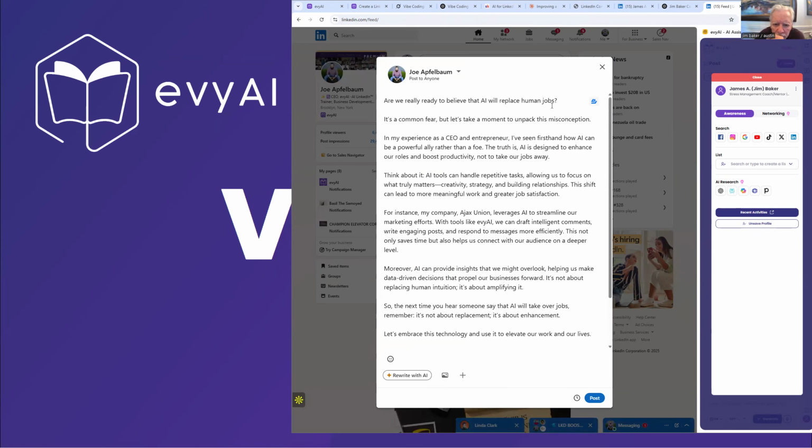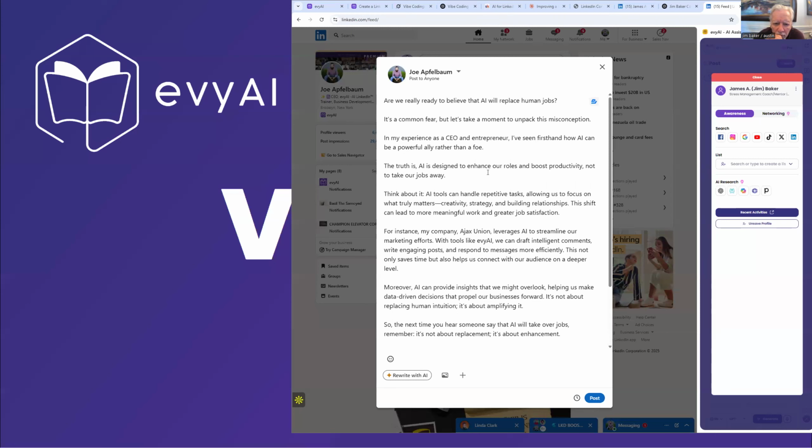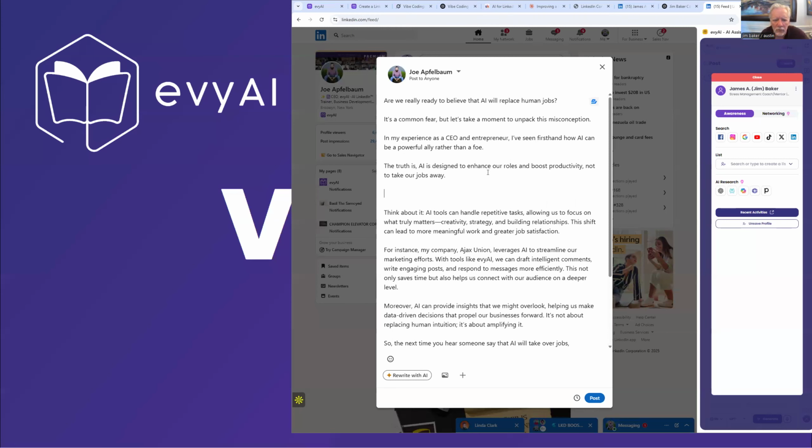It says, they've always been ready for AI to replace human jobs. It's a common fear, but let's take a moment to unpack this misconception. In my experience as a CEO and entrepreneur, I've seen firsthand how AI can be a powerful ally rather than a foe. The truth is, AI is designed to boost productivity and not to take jobs away. We have AI agents that can research your connections in seconds